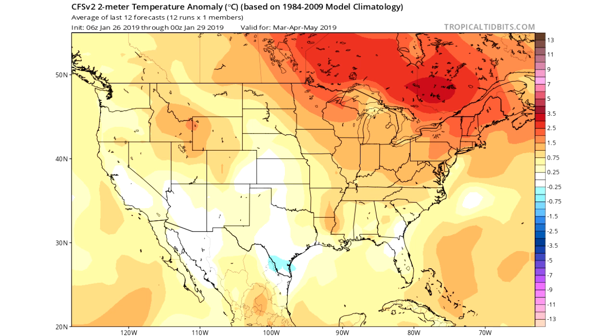Now, looking at the CFS 2-meter temperature anomalies, you can see it's above average for a lot of the United States, especially the northern United States and the western United States. I like that area there in Idaho and the rest of the northwestern portions of the United States. But that eastern portion in the northeast, I think that'll be a lot more averaged out than this is liking to show. And I think there will be below average temperatures for the Texas, Oklahoma, Louisiana, Arkansas, Mississippi area, whereas it's showing more average or above average temperatures.